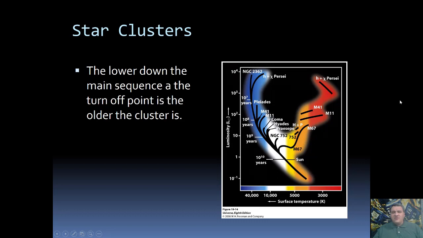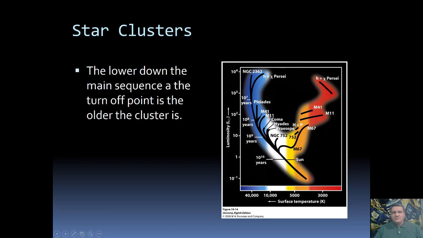So here we have a whole bunch of different clusters. The black line over on the left, you can see the diagonal it's making. This is the main sequence. All of this stuff happening over here to the right, this is where stars go as they begin to die. We'll talk more about that stuff when we get to stellar evolution, how stars change as they age. So looking at this, going all the way to the top, we've got NGC 2362. Then the next one is h plus chi Persei. Then here we've got the Pleiades and M41. And then all the way down here, we have M67. So we look at the main sequence turnoff point, and that's going to give us an idea of the age